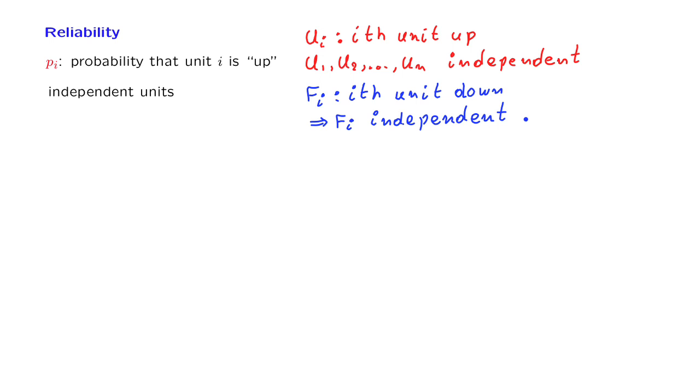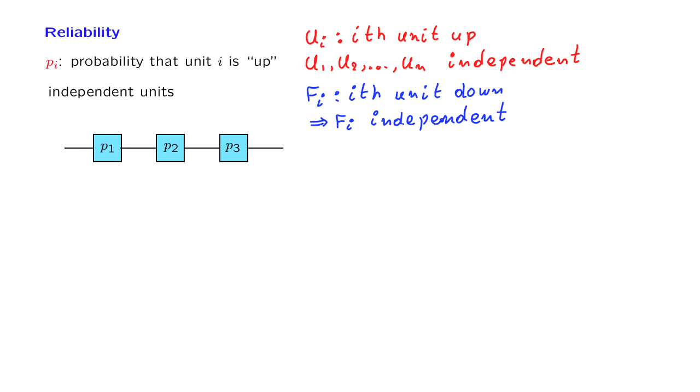However, the approach we will be taking in situations like this one is that we will use the intuitive understanding that we have of what independence means. So independence in this context means that whether some units are up or down does not change the probabilities that some of the other units will be up or down. And by taking that interpretation, independence of the events that units are up is essentially the same as independence of the events that the units have failed. So we take this implication for granted,